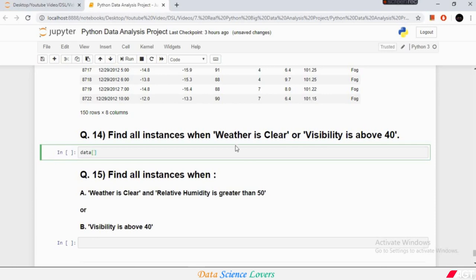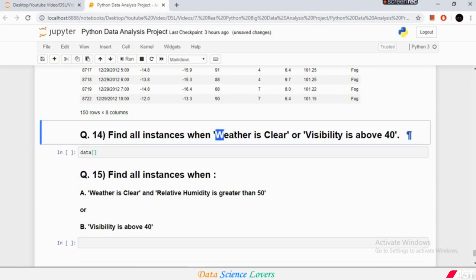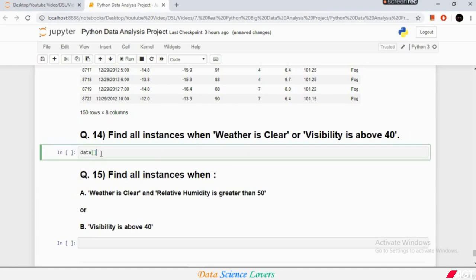We have to consider here the weather column, as you can see. This is our column name, weather condition, and we have to look out for the element clear. So this is our first condition which we have to meet,